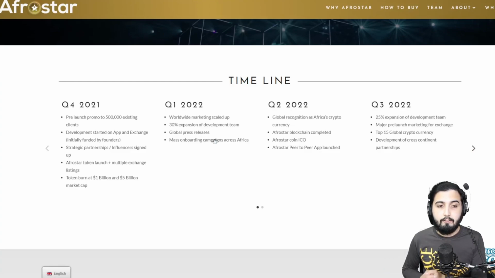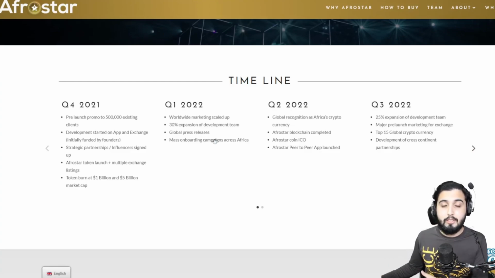So the utilities have been completely launched. So you can already imagine, when they are launched, how much more it can go. So you can clearly have an idea of the potential of this project. Now taking a look at the roadmap, in Q4 of this year, which is currently right now, pre-launch